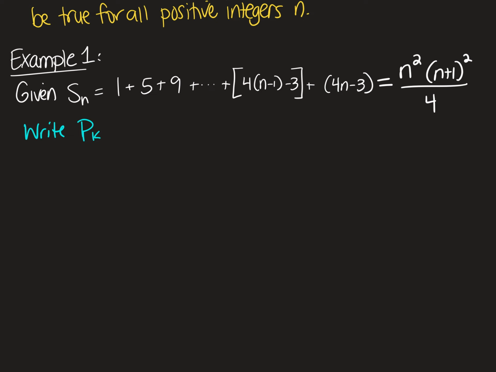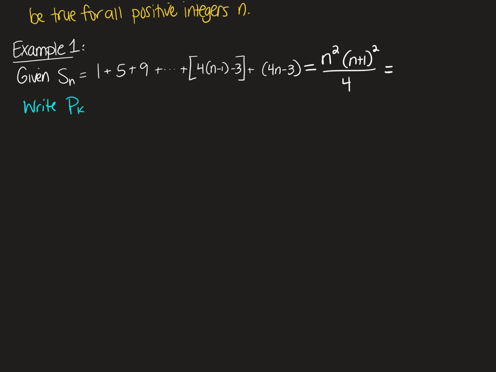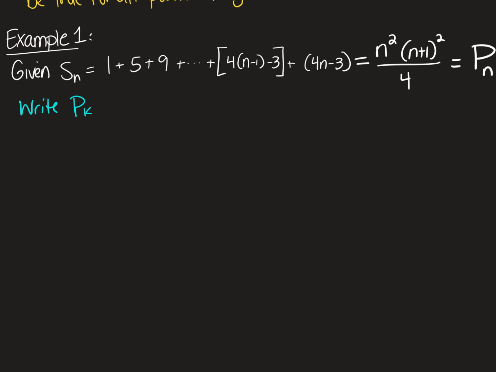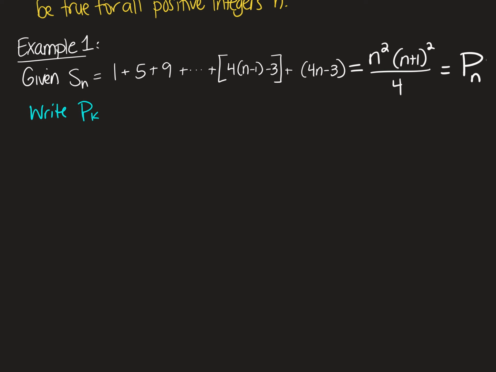I guess I should also say, where's P coming from? We could think of P sub n as that entire equation that we have written there. It's just another way to write it. So when I'm saying write P sub k, I'm asking you to write the original